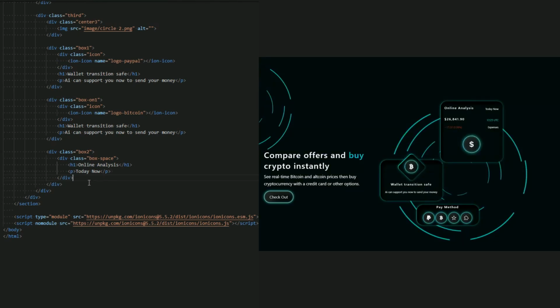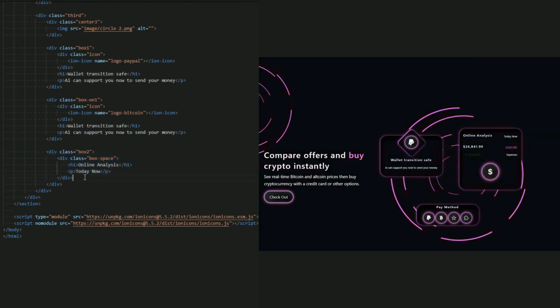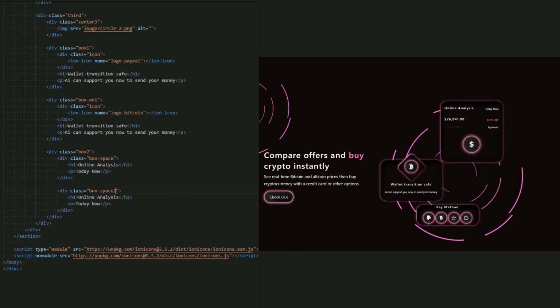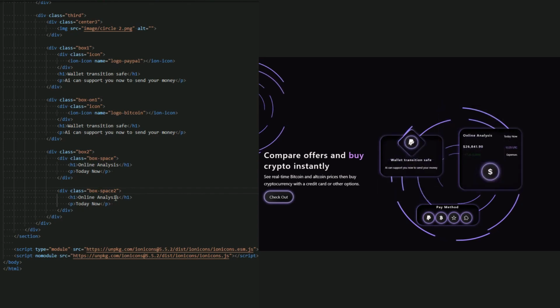Let me continue to add more of this and add a payment box space 2, and let me add the price of this Bitcoin, and yep.